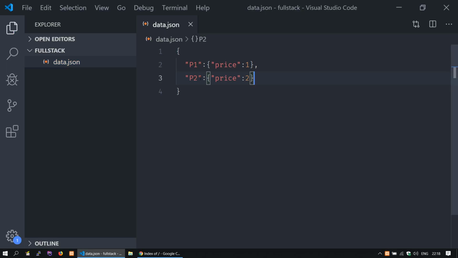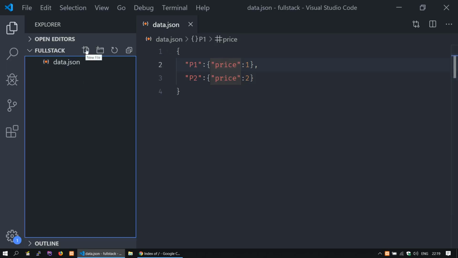This is the database, and that's what we're going to get rid of, for example P1 or P2. When the user deletes P1, this will be gone. If the user deletes P2, that will be gone. We will do that via the server. In order for us to manipulate and to interact with this data.json file, we need an API. I will create this API and I will call it